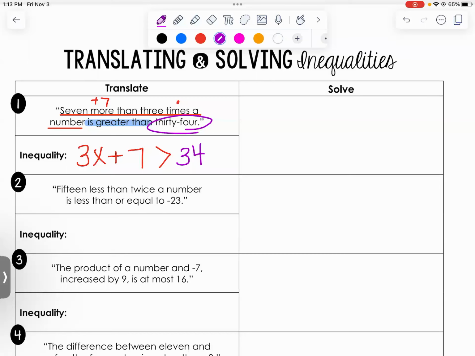Now, once we get it written, we're going to solve it. So now we're going to write it over here. 3x plus 7 is greater